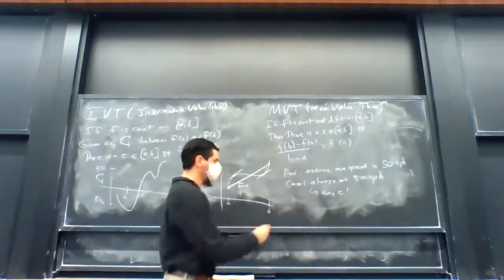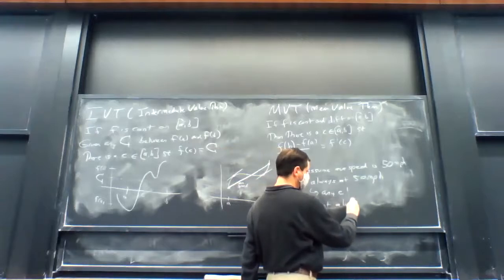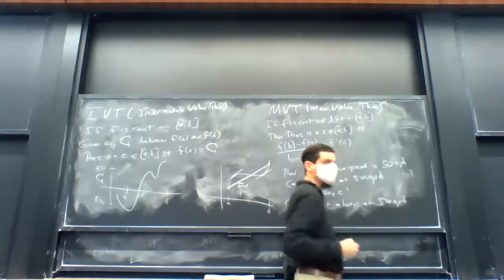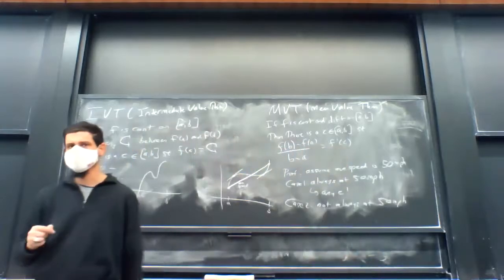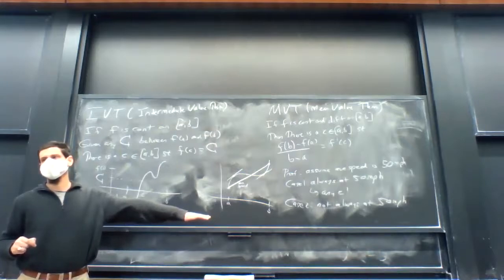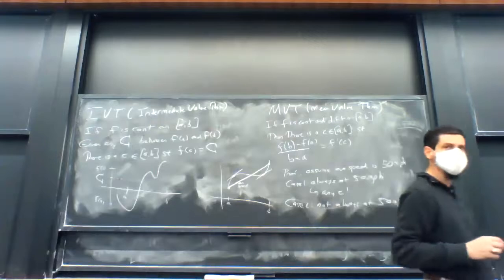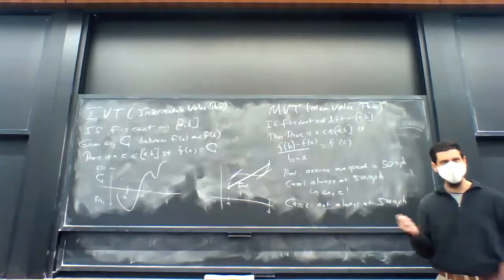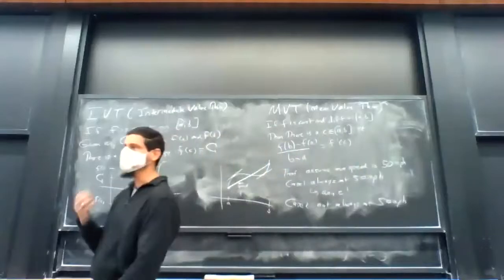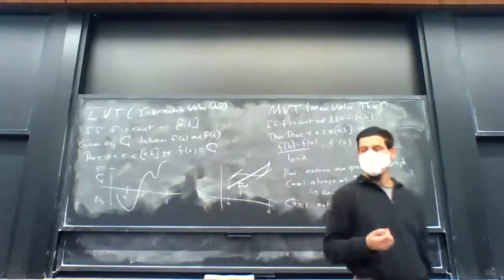Any c will work. So case 2, we're not always at 50 miles per hour. But what would it mean if we're not always at 50 miles per hour? Could we always be below 50 miles per hour? If our speed is always less than 50 miles per hour, could our average speed be 50 miles per hour? No. What if our average speed was above? What if our instantaneous speed was always above 50 miles per hour? Could our average be 50? No. So what this means is,